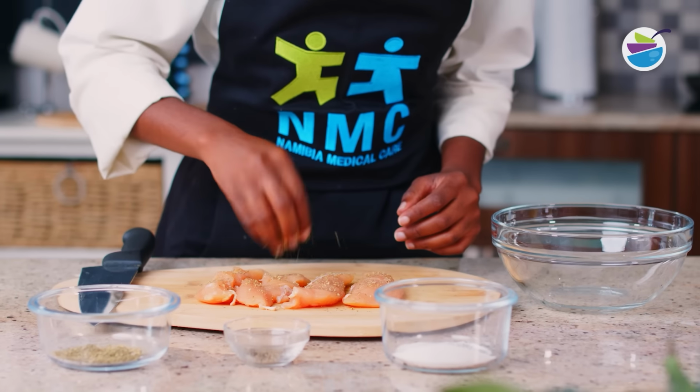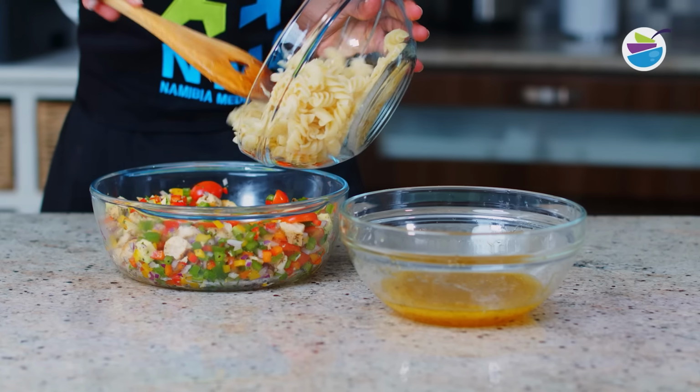In today's episode, we are making a delicious chicken pasta salad. This recipe uses chicken breast, avocado and whole grain rotini pasta. Chicken breast is a source of lean protein, which is great for muscle repair and growth. Avocado is a healthy fat, which is good for heart health as well as helping to absorb nutrients from your